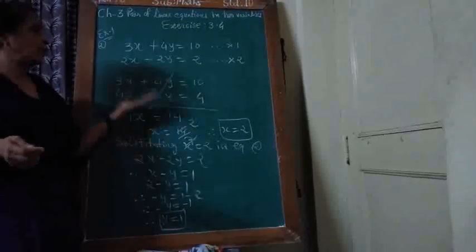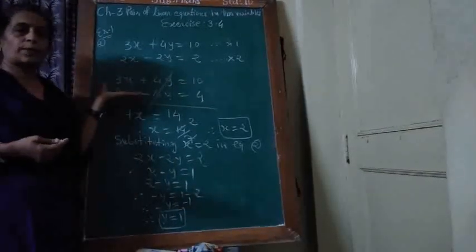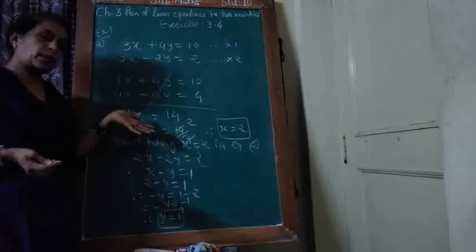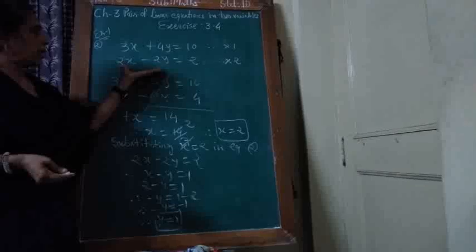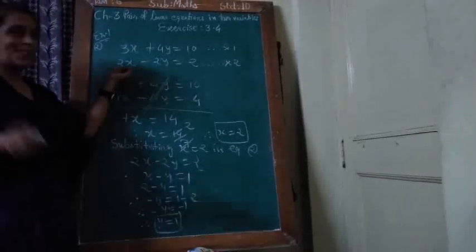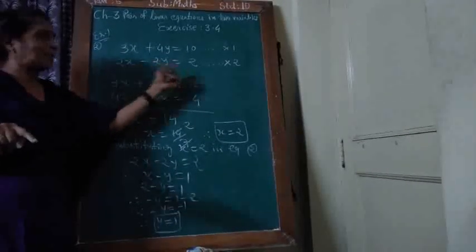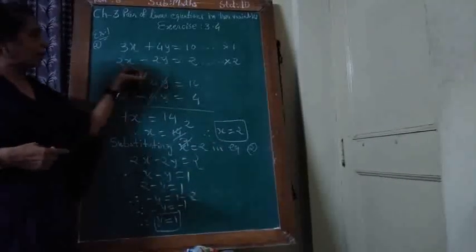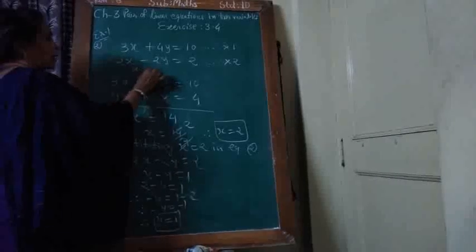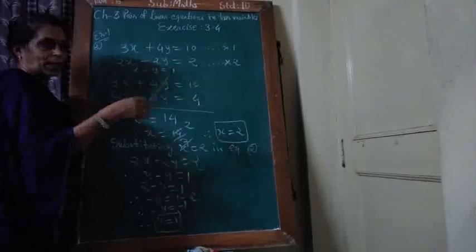And if they say you have to solve this equation by elimination as well as by substitution, you have to apply both methods. So in the substitution method, in that case you have to divide this by 2. So it becomes easy or not? And x equal to that, at that time x equal to what? I will just explain it to you orally.